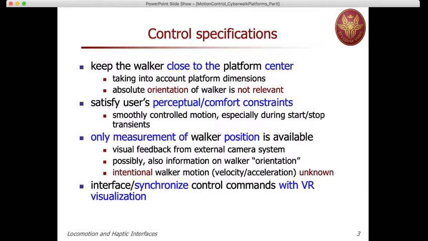For instance, we may use a visual camera mounted on top of the platform, and this is in fact what we did for the MotionControl platform, and we will use this in order to localize where the user is. And possibly from that information we can also extract the walker orientation, so how his trunk is oriented, although you may understand that sometimes